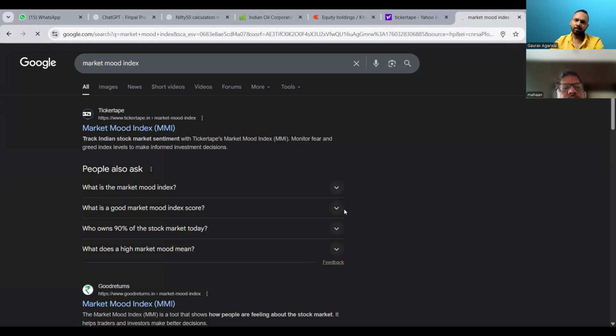So market mood index means we have to see how the mood of the market is right now, like we see the mood of our friends, family, and relatives when we are talking, right? Similarly, we have to see the mood of the market also. Based on that, we have to decide our trades and investing strategy, right? That is not opening. This talks about the sentiment of the market. I think this website is not opening. I'll show you on my PPT only.